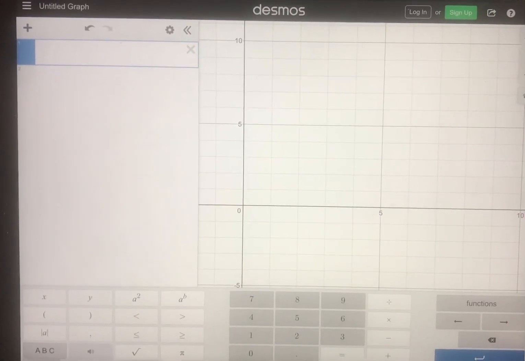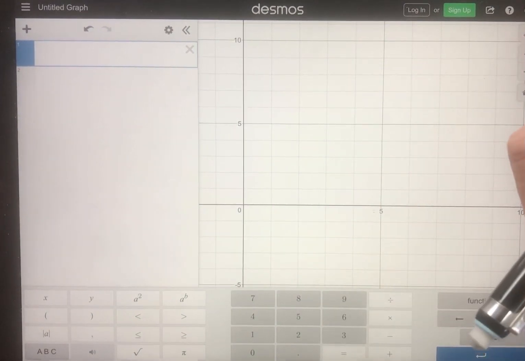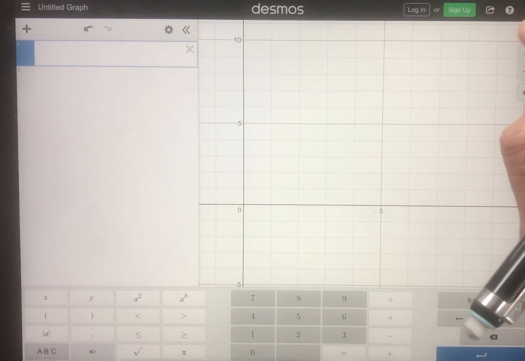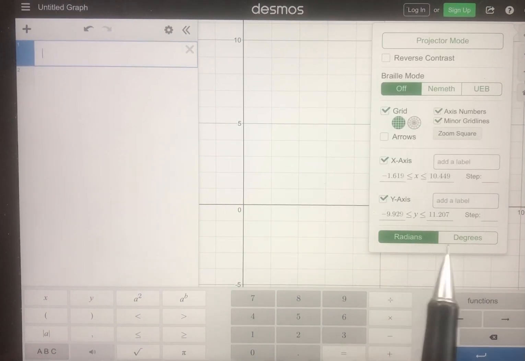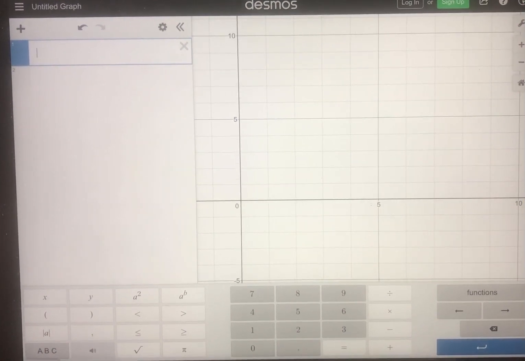I'll get it set up here. Okay. All right, so first off, we're in radians. I'll go to my tool button top right, and we'll notice that I'm in radians here, so that's a good thing. I always need to check that, and I sometimes forget. Okay, so our left side